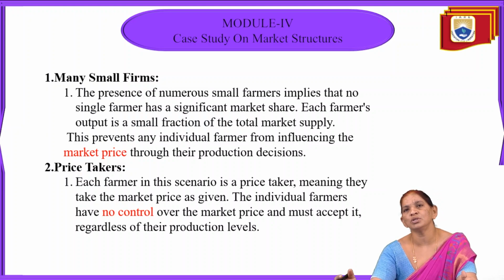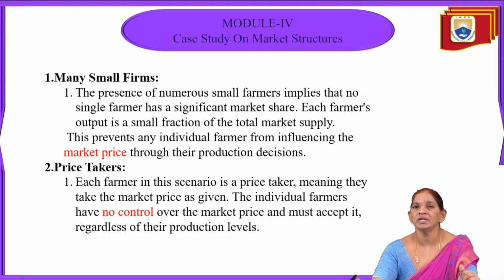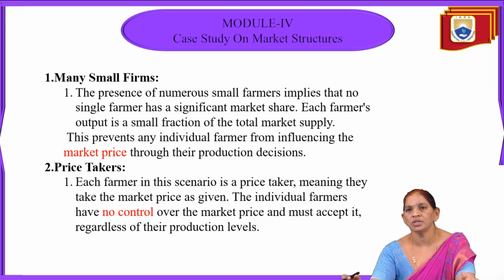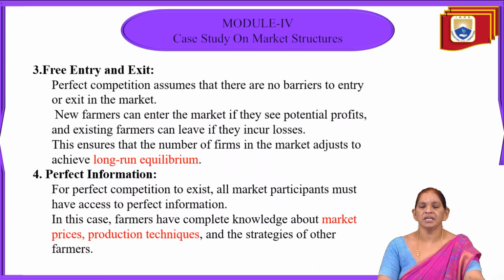Because as all constitute the whole market, each and every producer or farmer is considered as one of the total. So no one will have the decision or influence over the production or supply, such that an individual farmer cannot control the market price. The total production, the interaction of the supply of production and the interaction of the consumers' demand will determine the market price, and no single farmer will have control upon the price, which has to be accepted. Next, free entry and exit.